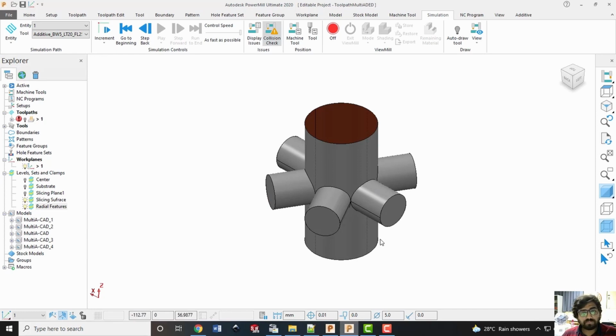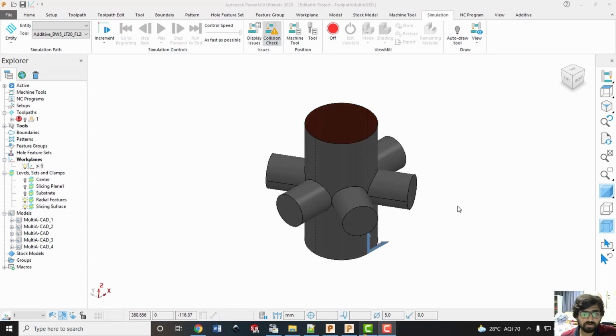Now let us try to develop the tool path for deposition of the material on this cylindrical surface. Of course, it is true that now your substrate has to be tilted for deposition of the features on this cylindrical part. So while depositing these features on this cylindrical surface, your tool axis will also change. Please remember that in PowerMill, the tool is always aligned along the Z axis. Therefore, now your work plane should also rotate in such a way that your Z axis is radially available and the axis of the cylinder is along the X axis. So that is very easy to do.